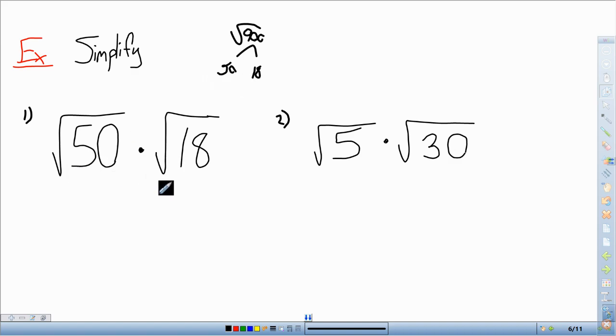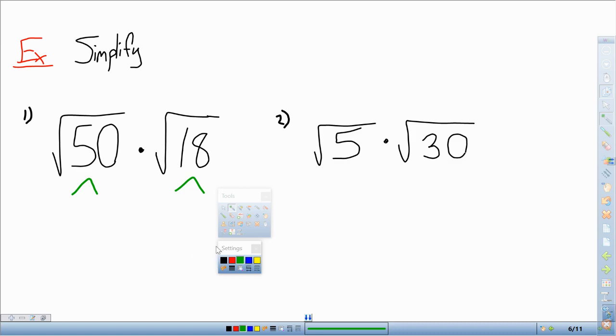So the point I'm trying to make is when you have this sort of problem, don't multiply the radicals, just break them down. Break them down individually. That's what we would do right here, right? We'd break down a 50, we'd break down an 18. And then we're going to eventually look for pairs of numbers. So when you see multiplication on these, usually the easiest thing to do is just don't multiply,